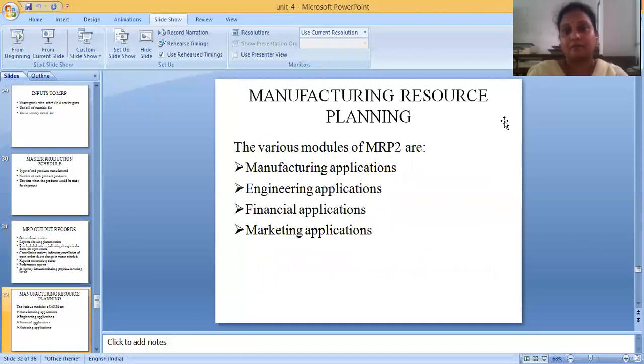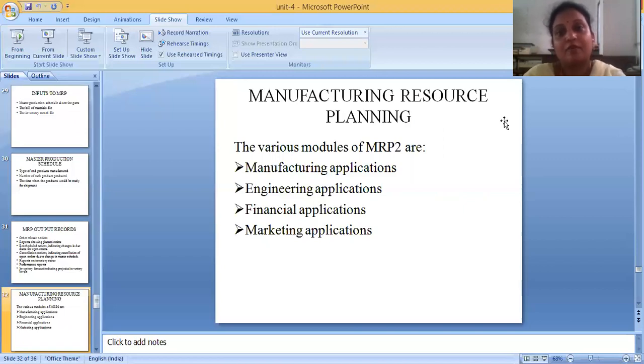Now, material resource planning is called MRP 1. There, material resource planning is speaking only about the material. Okay. So we have some other thing that is called manufacturing resource planning. This we call MRP 2. In the manufacturing process, we'll decide what machines you require, what machine tools you require, how much money you require, how you are going to market your product. So all these things will come under the manufacturing resource plan.